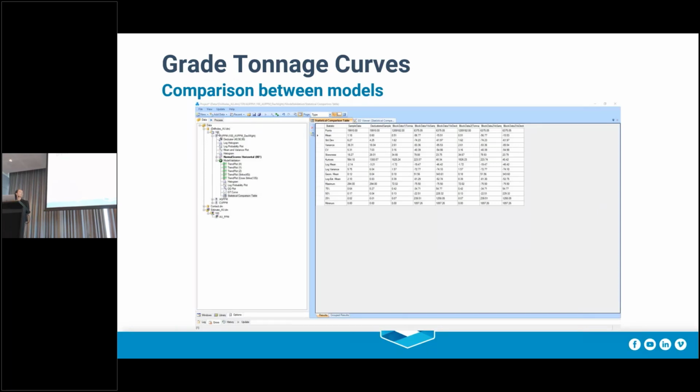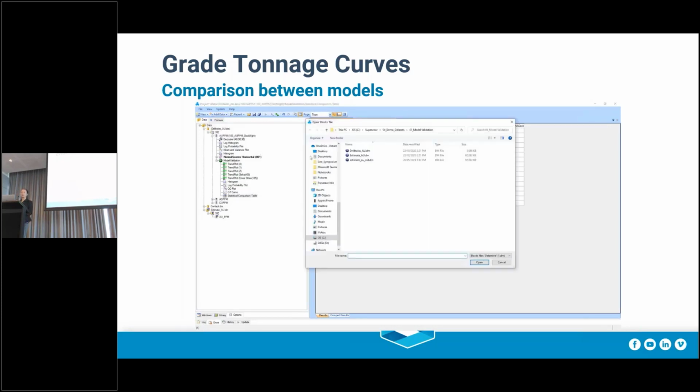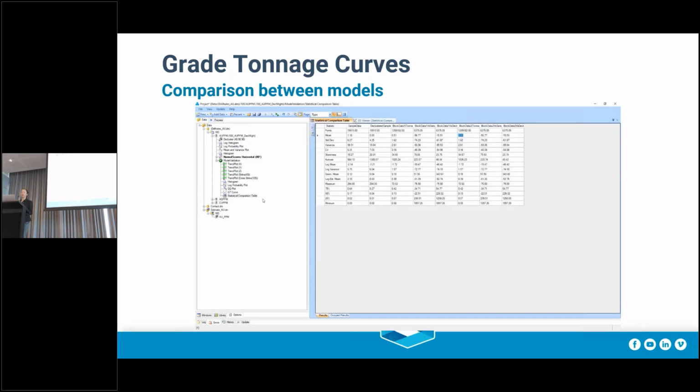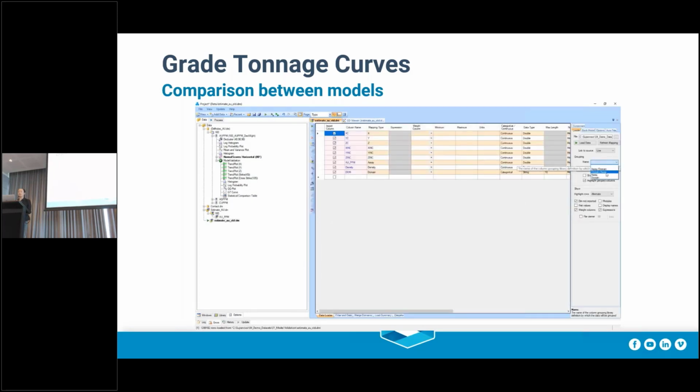So the final tool I want to go through is the grade tonnage curve. A common request we get asked about is what's the best way to put two different models on a grade tonnage curve. And the best way to do a comparison between the old and new model in Supervisor is to do it through that model validation tool as well. So here we're going to load an older model to compare that with our new model in the grade tonnage curve. So again, we just have to be mindful that we're loading it by the same domains,